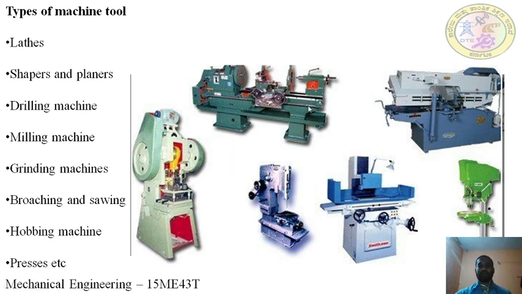computer numeric control. These are all manual machines. Manual machine means labor is required to operate all those machines. Without the labor, the machining process will not happen. But in the CNC machine, a person is required just to enter the program. After that, it will do the machining automatically, reading the programs. But these CNC machines are very costly compared to the conventional machines.